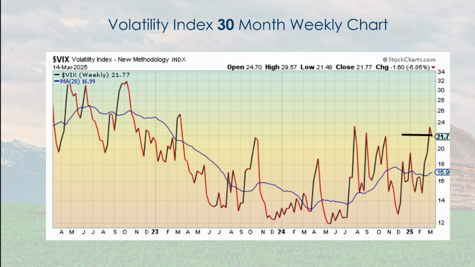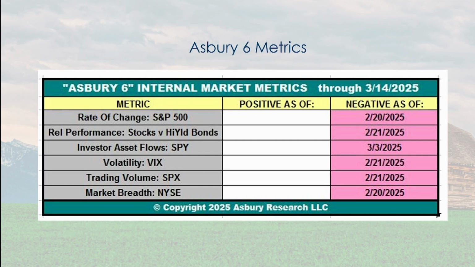Okay, this is the volatility index, the VIX, and it shows volatility. Now, the volatility index on an intraday basis actually went up, I believe, to around 28. And I normally look at 24 as a benchmark. It went above that, but it settled back below that. I put a black mark there where it is today, which is a little above 21. So it's going up. It will take more downward pressure on the market for this to push on up above 24. Second week in a row, maybe third week in a row, Asbury 6, all negative, all 6 indicators.